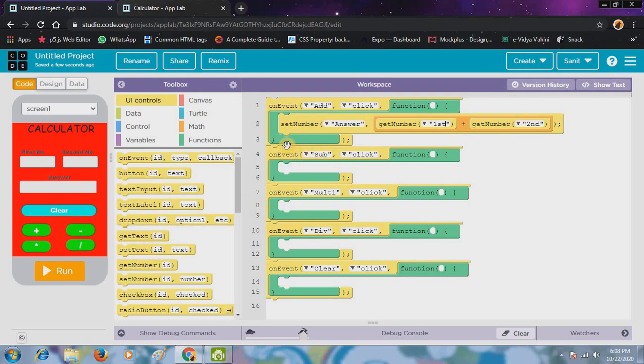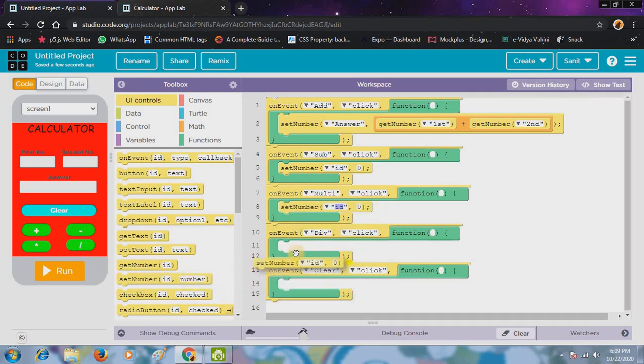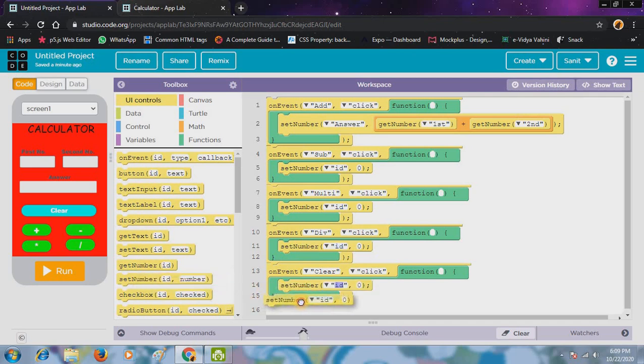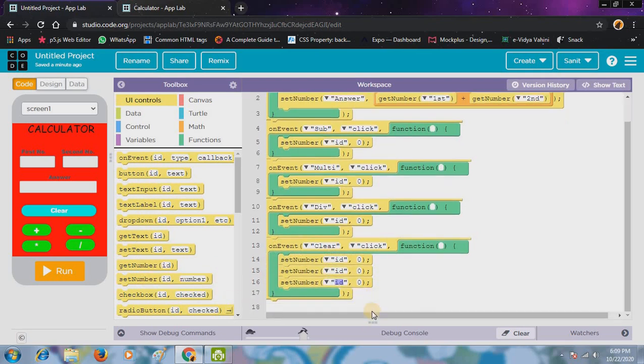So let's do that. So again drag get set number. Wait a minute. So just take a set number. In the clear button, add 3 set numbers. Okay.